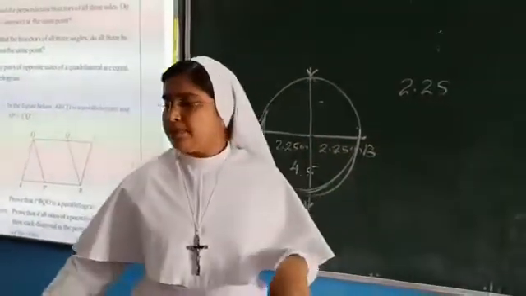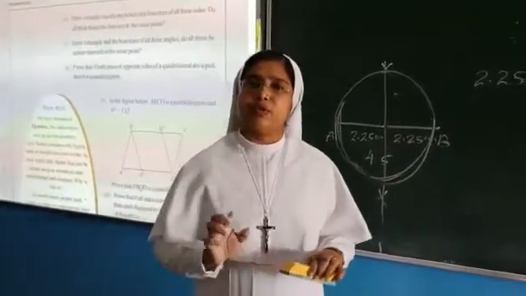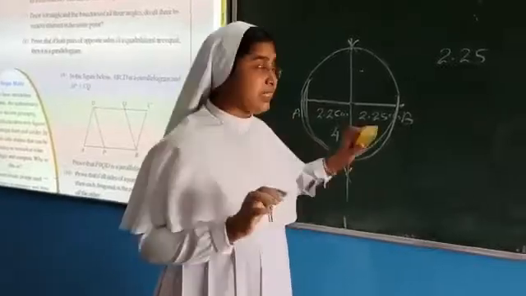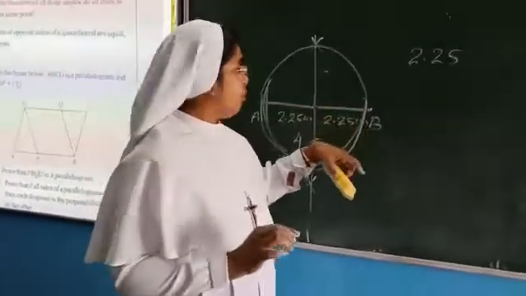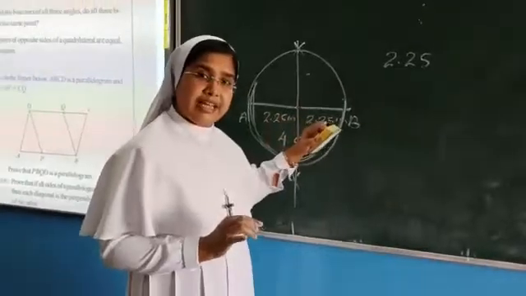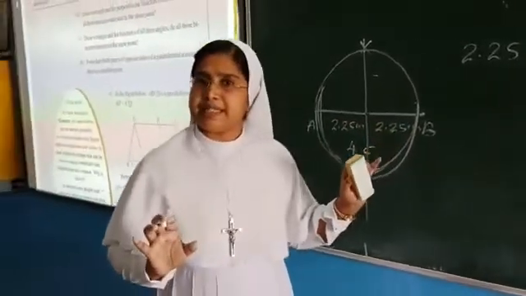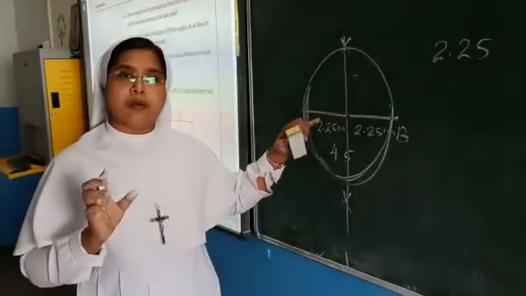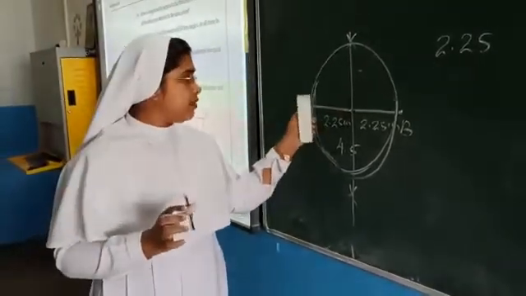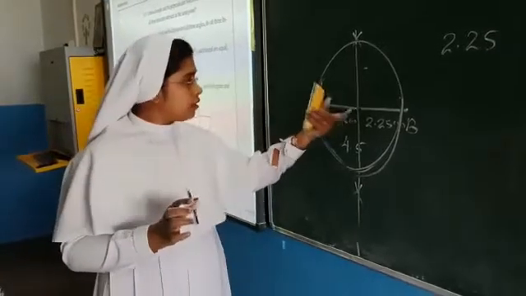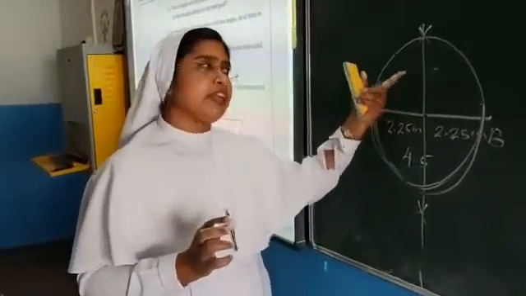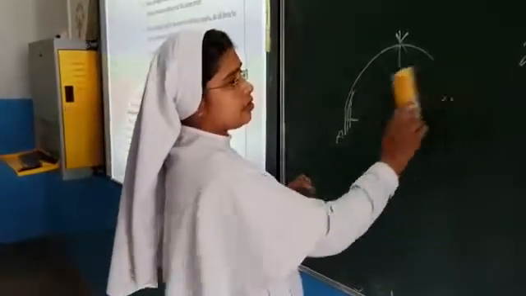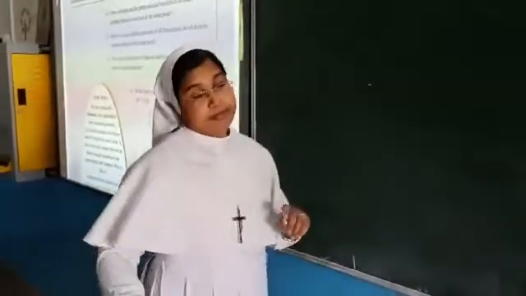So, we are not able to draw a circle taking 2.25 on the scale. It is difficult to take accurately. So, we are taking just double of that. We have taken 4.5 and we have drawn a line. From there, we have drawn a bisector. From the bisector, using the compass and pencil, we have taken the measurement 2.25, and we have drawn the circle, and we have completed the first problem. That is to draw the circle with the 2.25 radius.